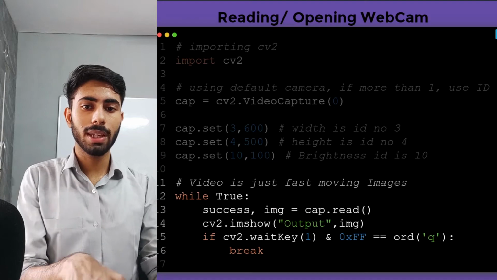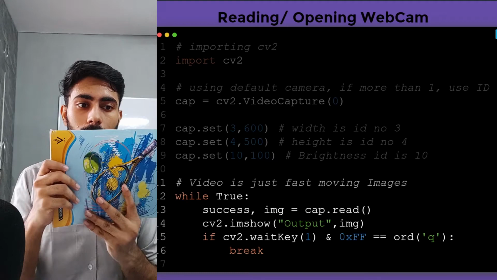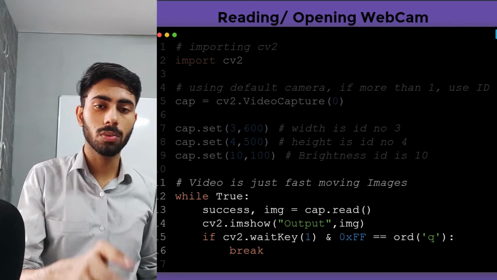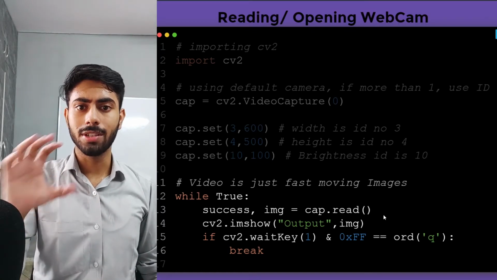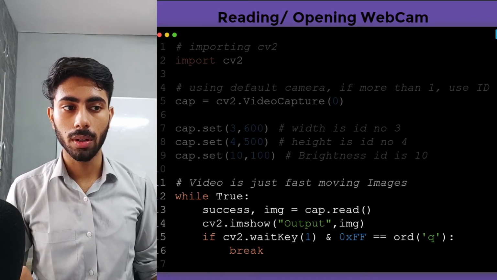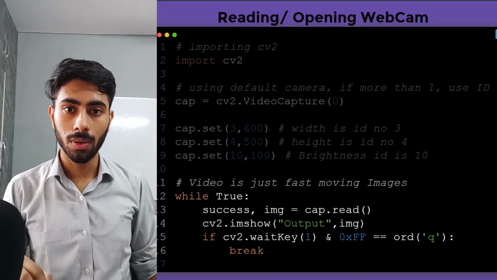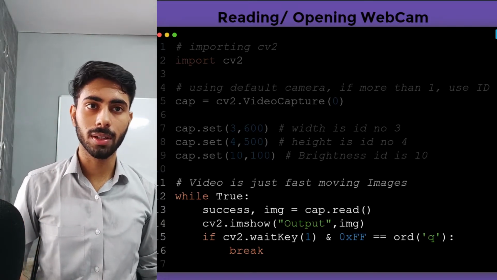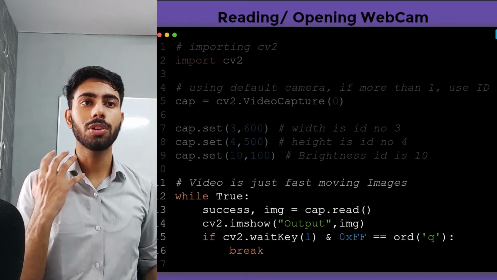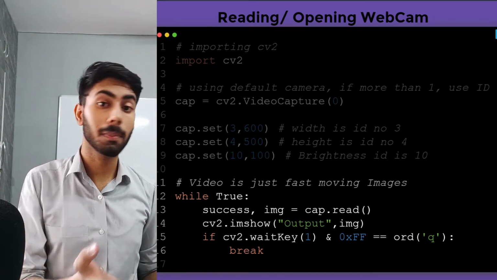Now I want each of my images to stay on the screen for 1 millisecond. So I'm going to write cv2.waitKey(1), and I want to make sure that my GUI screen will close only when I press the Q button on my keyboard. So in order to do that, I will write 0xFF == ord('q'). This will make sure that once I press the Q button, my loop will break and my GUI window will be closed. So this is how you can read or open your webcam using